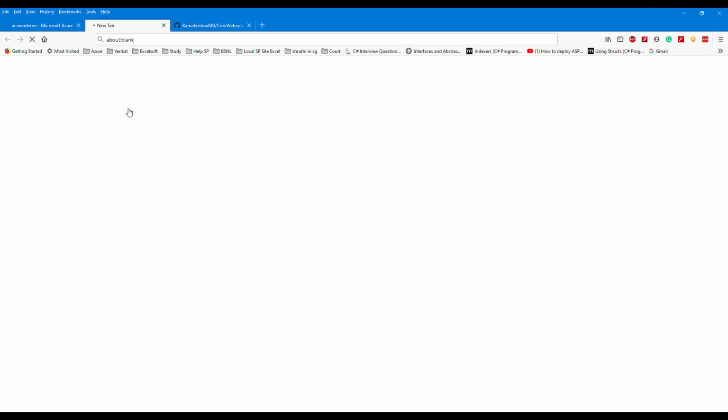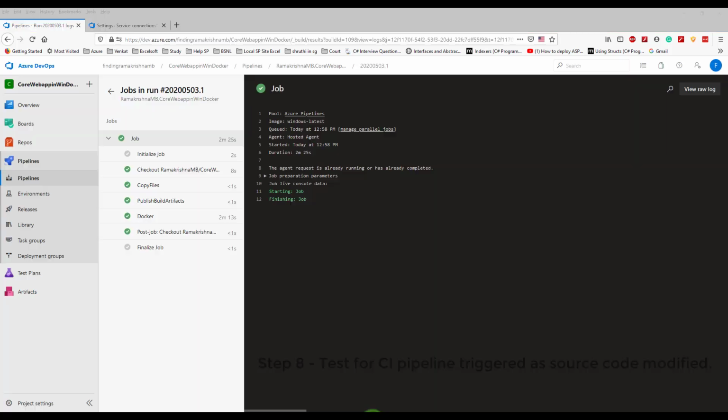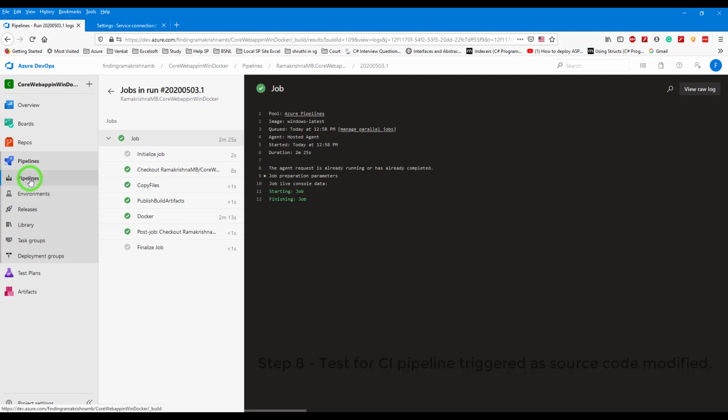Loading the first time takes a while. Once it is loaded, it will quickly open after the first load. So our site is working fine. And go back to our pipeline.